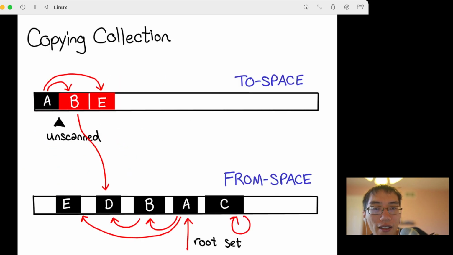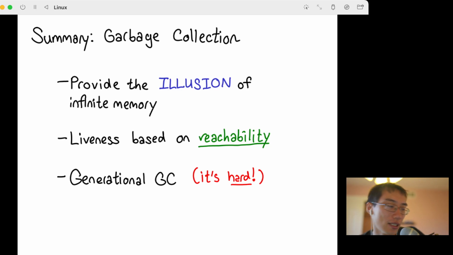A fun thing that I want to mention is sometimes you don't have a root set. So I was recently working on some stuff related to Python's garbage collector, and Python actually does not have a root set. Okay, it does, but it doesn't require a root set to be defined for an object to be live. What do I mean by that? Well,